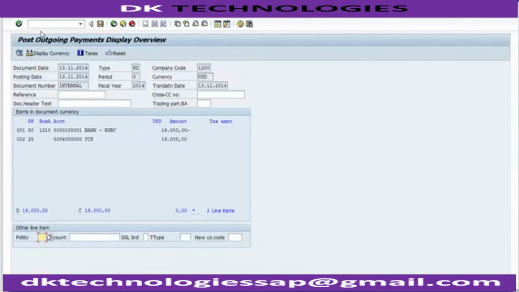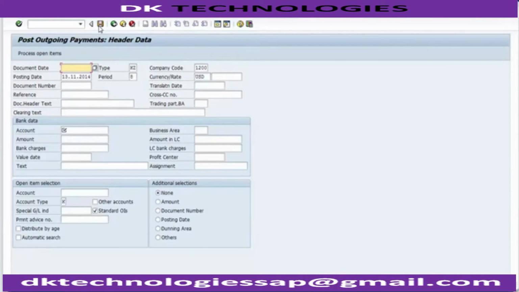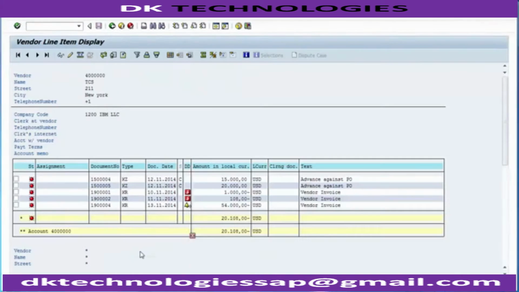So this is your payment against the invoice of the vendor, that is bank is credited by $19,000 and the vendor is debited with $19,000, and if you click on the post option the document will get posted. So click onto the post and the document has been posted and a document number is generated for reference. So once this is done, again you can go back to this vendor line item